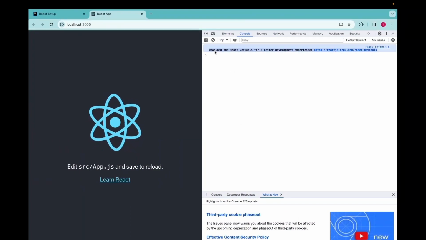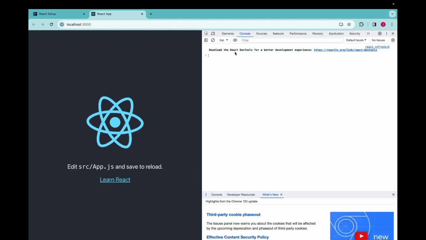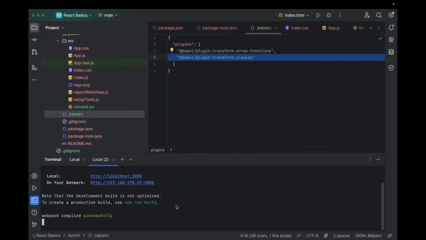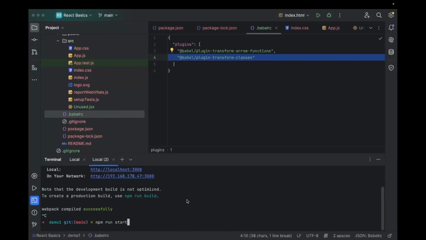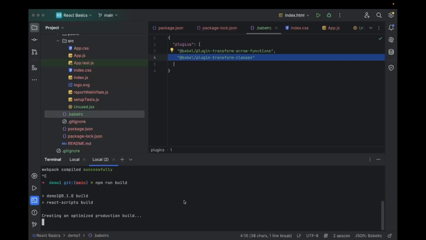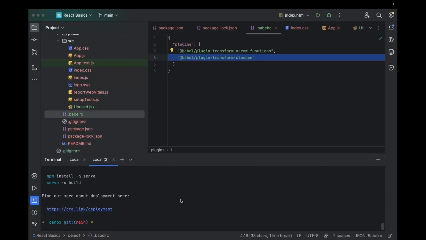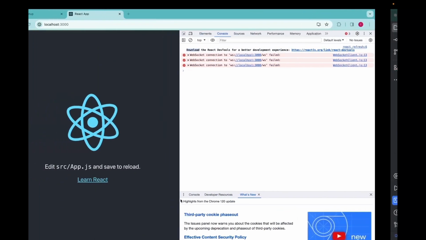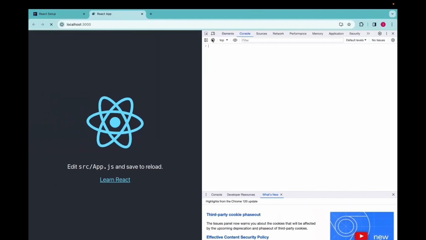So let's see. We are running this app in development mode, so you can see that we get these logs and a lot of other source code would be present, which in production we don't need. But when we run npm run build and we run that build now,